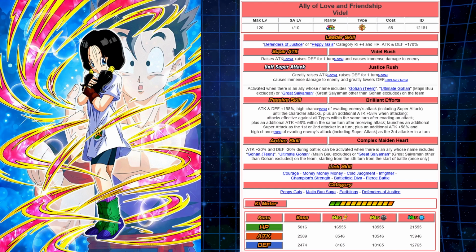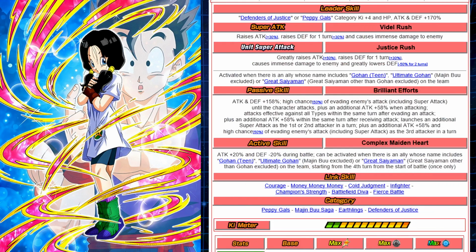Like I mentioned before, I kind of did one with a reaction. This is the Ally of Love and Friendship Videl. It was a Super Strength, which is a surprise. But let's make this bigger so everyone can see here. So this is the leader skill. It's Defenders of Justice or Peppy Gals, Ki +4, HP and attack 170%, and defense 170% across the board. So Defenders of Justice is,